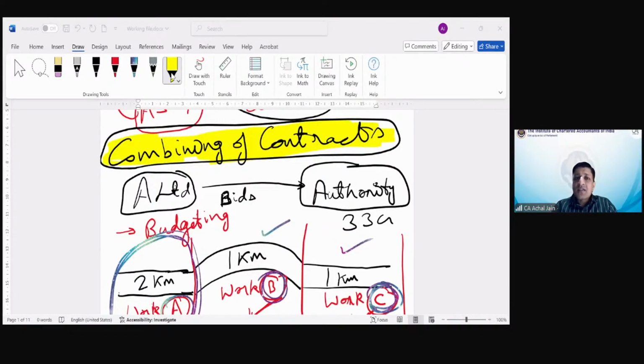Okay. So Hardik is asking, so sir, in combining, we will have to record the value proportionately. Yes, of course. Because revenue for sure will have to be recognized. And if some part of the work is completed, then some part will have to be recognized. But the question is how that proportion will be derived. That is something we are going to cover slightly later.